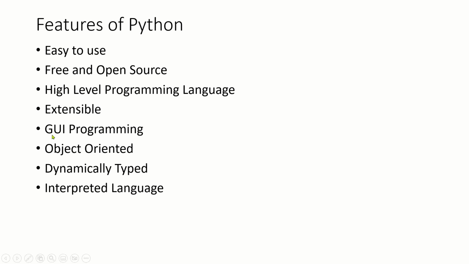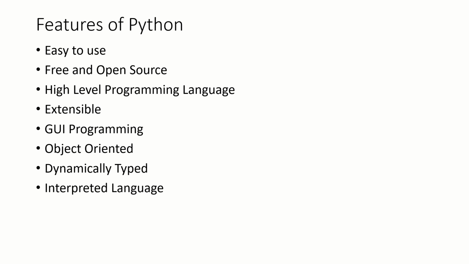Fifth, Python supports GUI programming. What exactly is GUI programming? GUI stands for Graphical User Interface. Basically, Python supports a graphical user interface wherein input, output and error have a common base. One can exactly feel the input, output as well as the error which will come out of a wrong program. Next is object-oriented. Python is basically an object-oriented programming language. In the upcoming slide, I have explained the object-oriented programming language.